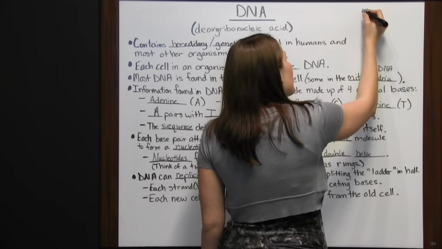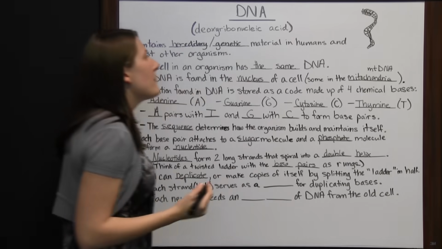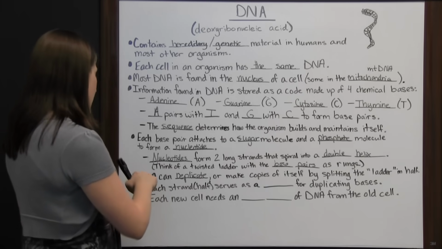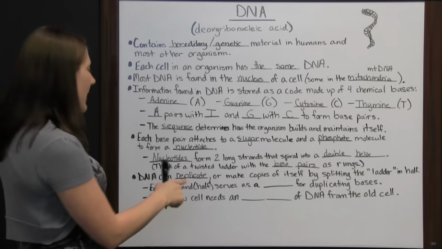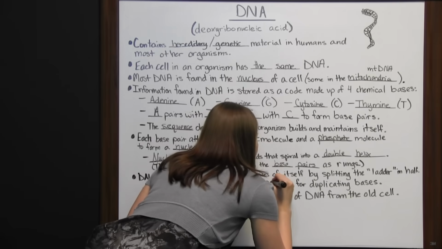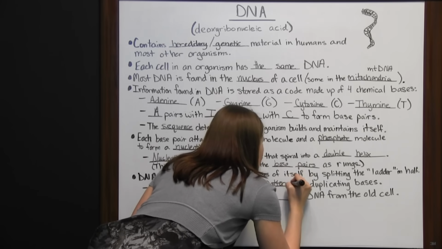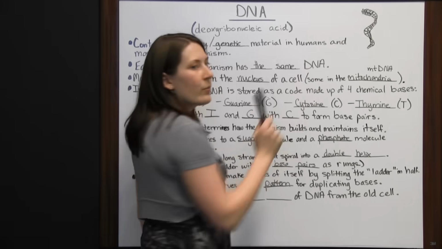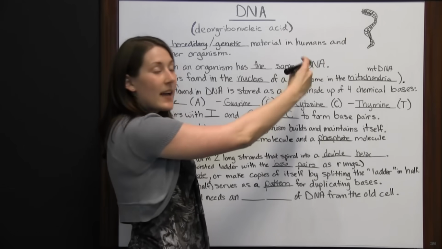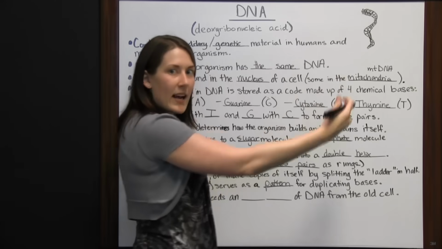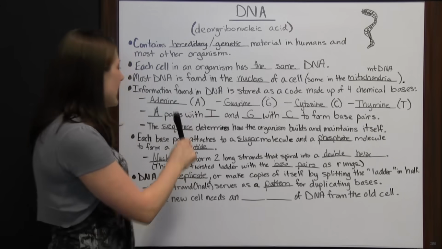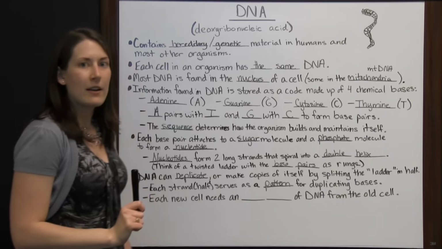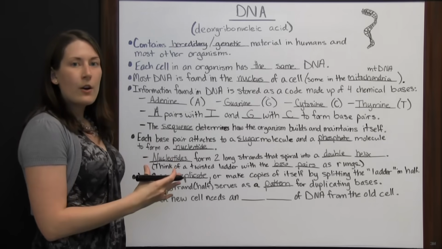So we know we've got adenine, guanine, and because we know what's on one side of the ladder, each strand, or half of that ladder, serves as a pattern for duplicating bases. Since we know we've got adenine here, we know the thing that has to pair with it is thymine. If we've got guanine, cytosine has to pair with it. Since in DNA, adenine and thymine always pair together and guanine and cytosine pair together, you will know, or the